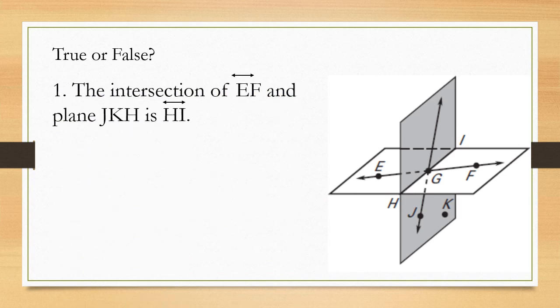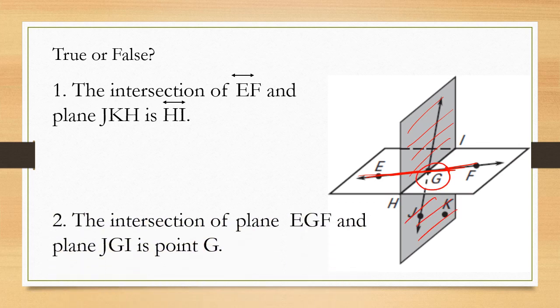All right, so true or false? The intersection of line EF and plane JHK is HI. So if we look, line EF is right here. And plane JHK is this gray plane right here. And those two intersect right here at point G. So they intersect in a point, therefore they do not intersect in a line,